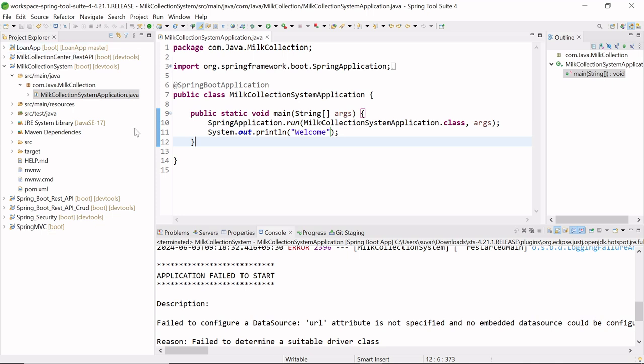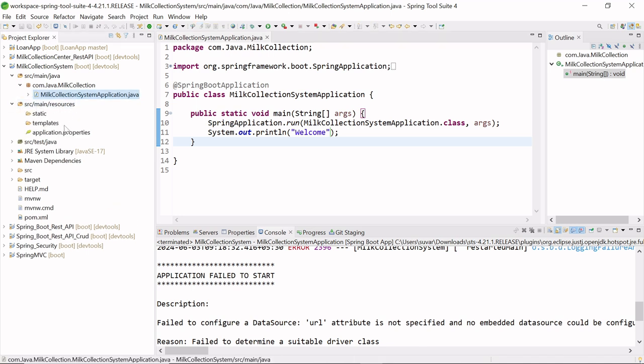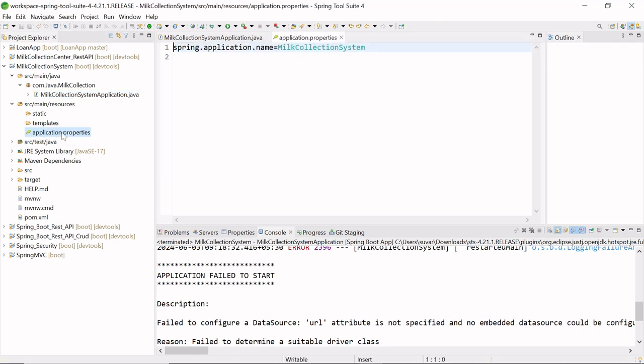So I use the MySQL driver dependencies, but its properties, its connection, I have to give in src/main/resources in the application.properties file. In this file, I have to give its properties. So I give properties like